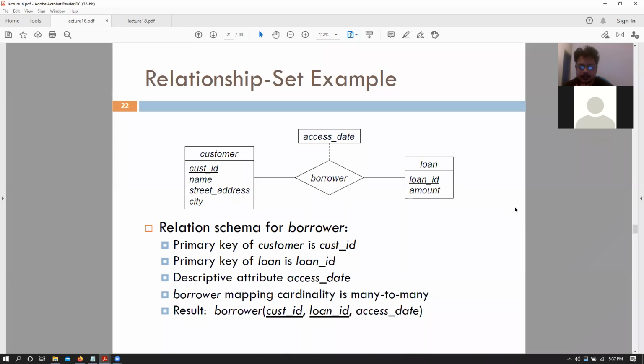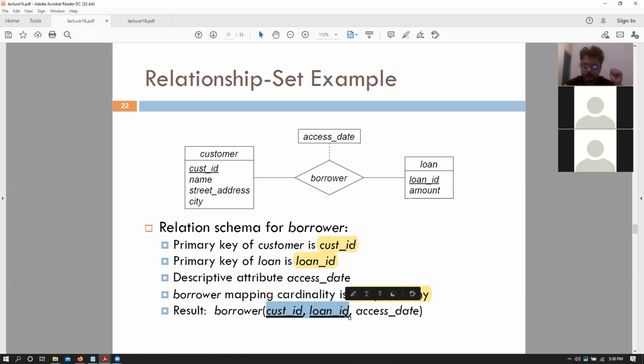Okay, so we need to look at the customer. We were looking at the customer table and the loan table and the relation that was the borrower table, right? So the primary key for the customer table was the customer ID, and the primary key for the loan table was the loan ID, right? So one particular customer and one particular loan, but this is a many-to-many relationship. That also means that multiple customers can have a single loan, multiple loans can be held by a single customer, and so on, right? So since this was a many-to-many relationship, we said that according to the rules, both customer ID and loan ID need to be the primary key.